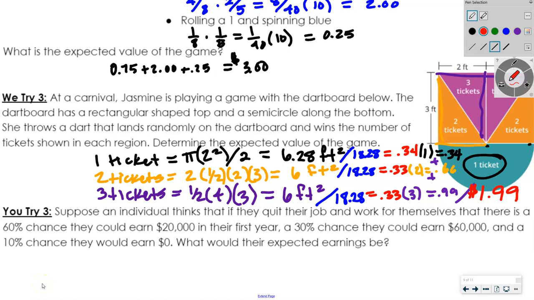All right, this one says, suppose an individual thinks that if they quit their job and work for themselves, there is a 60% chance they could earn $20,000. So that would be 0.6 times 20,000 plus, in their first year, and a 30% chance they could earn 60,000. So that would be 0.3 times 60,000. And a 10% chance that they would earn nothing. Okay, so that would be plus our 0.1 times 0. Okay, so when we do all 3 of these and we add them together,